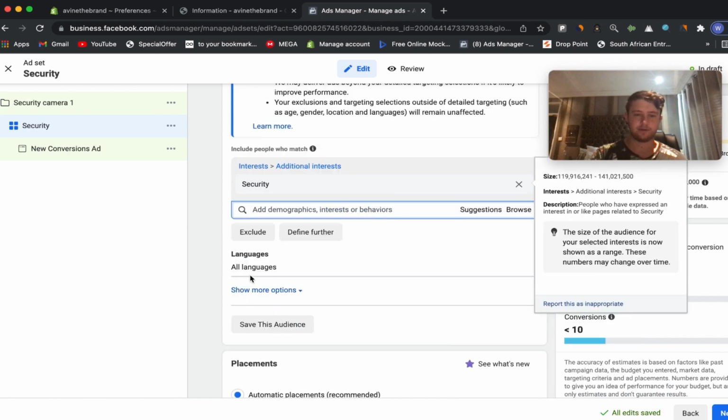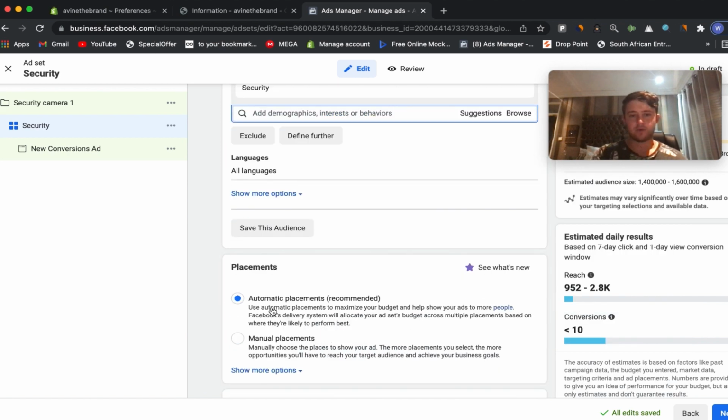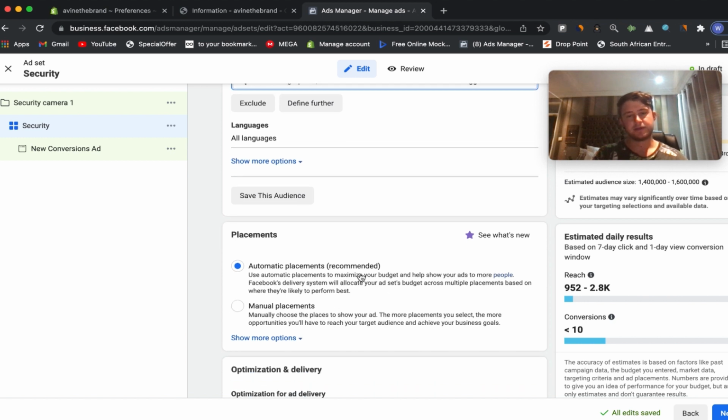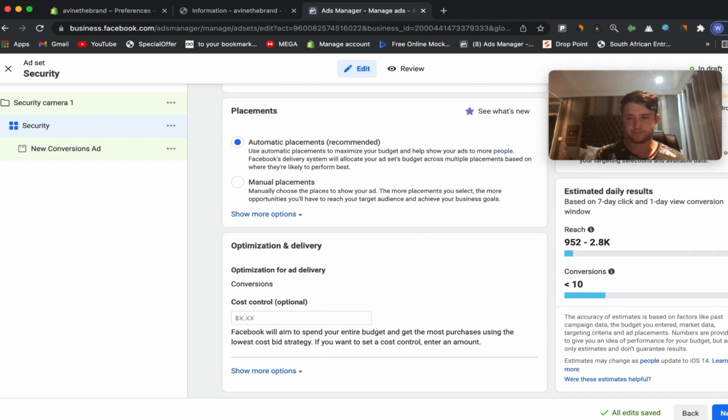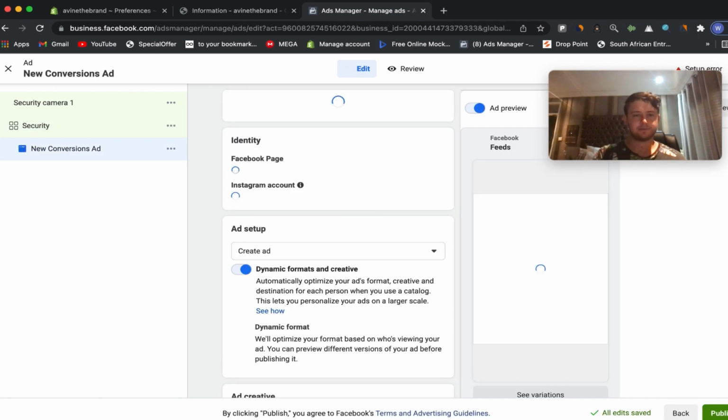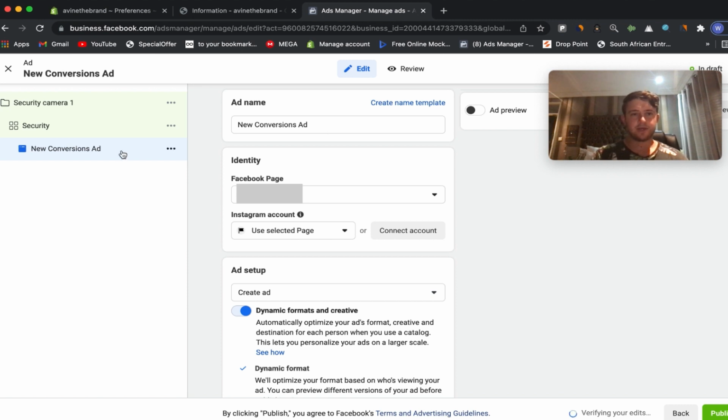your product. Okay, and then I always just use automatic placements these days, because obviously you can even read there, Facebook recommends it, and it's much cheaper than manual placements. Okay, I click next. So once you get here, you want to create a name for your ad. Let's say our security camera